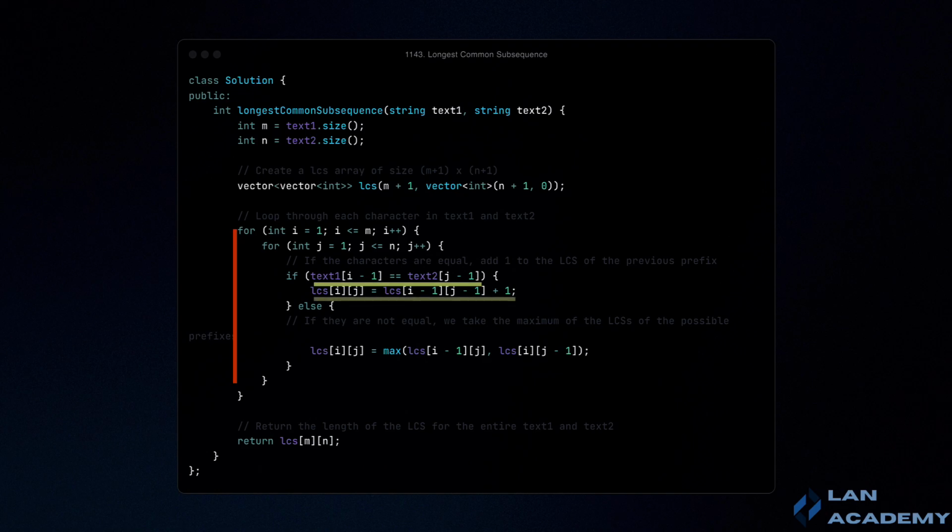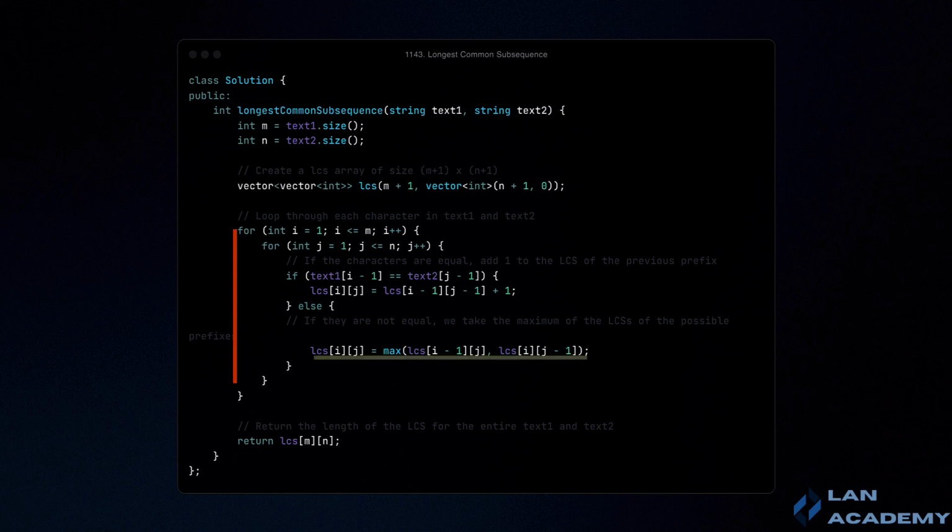Therefore, we add 1 to the length of the longest common subsequence found so far for the prefixes text1 of 0 to i-2 and text2 of 0 to j-2. This is represented by the formula LCS of i, j equals LCS of i-1, j-1 plus 1.